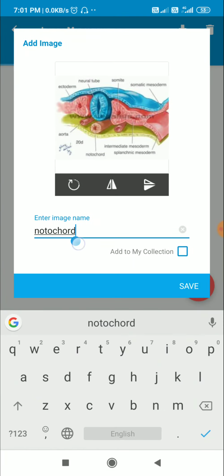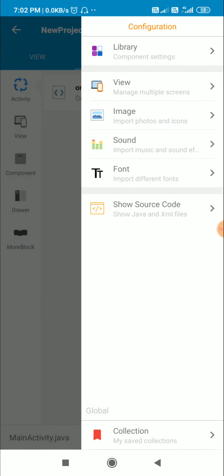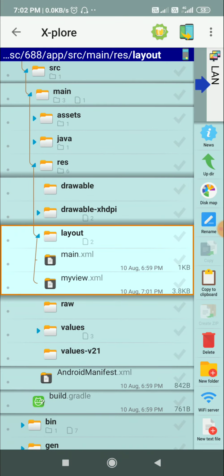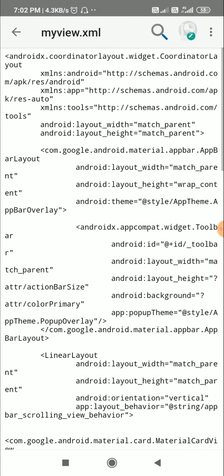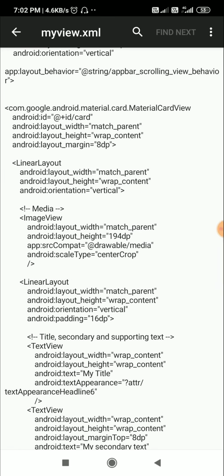So the name of this image is Notocode, and it should be the same as in the XML file. So I will just copy this Notocode here, then save this. Okay, so now we have an image called Notocode, and I will go to the file myview.xml, and here I will add this image for the image view.